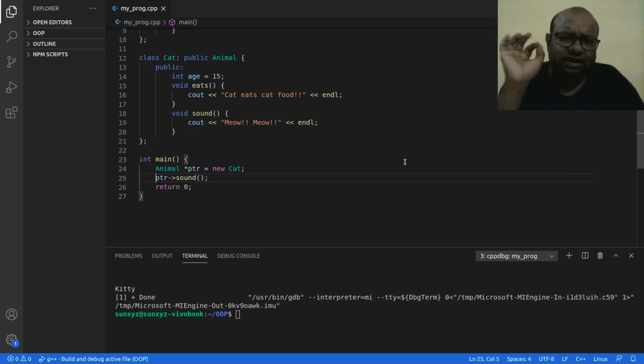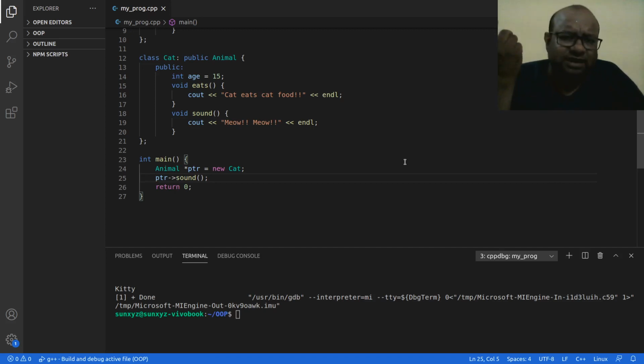When I use this pointer pointing to a cat class object to call this sound method, what is the sound that a cat makes? Cat makes this meow meow sound, right?